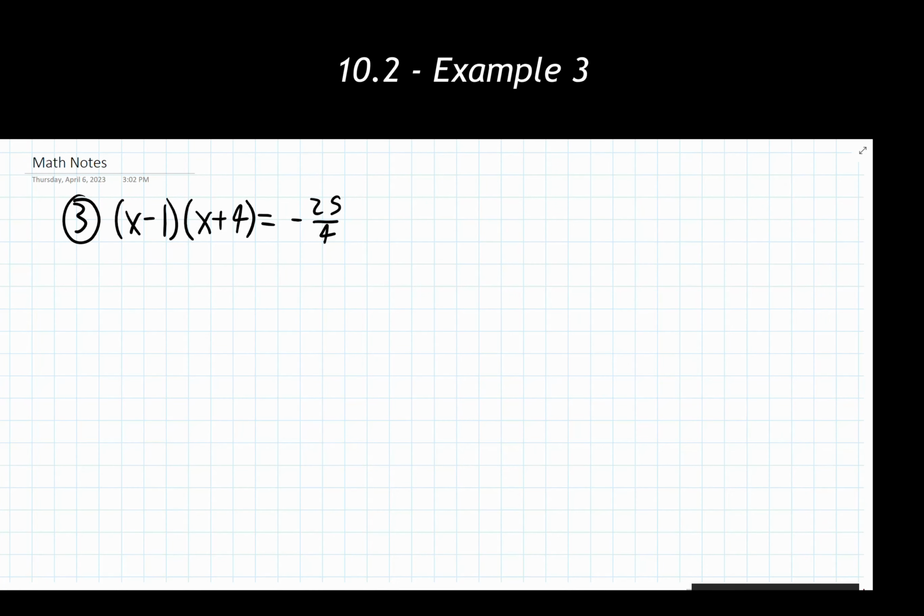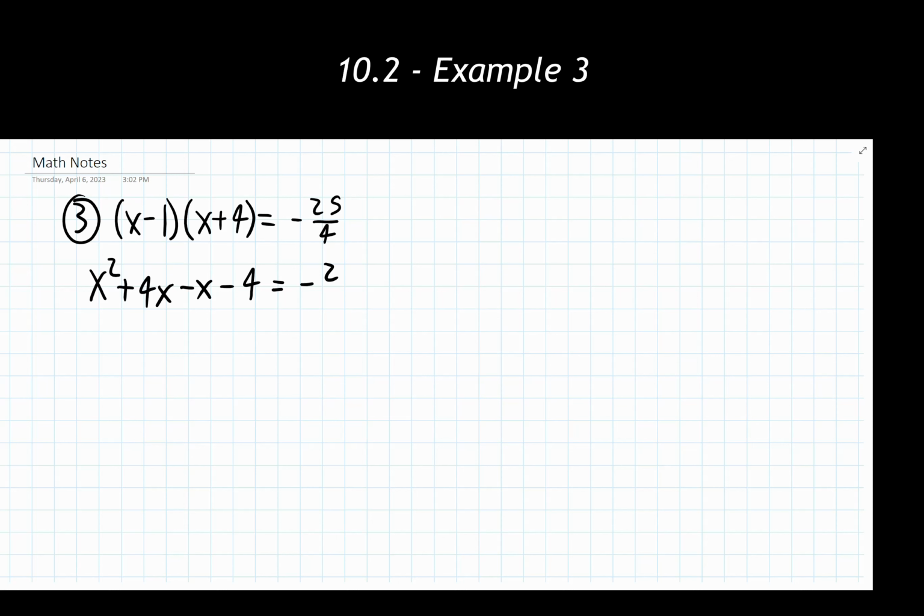So here in example 3, we're seeing a not so uncommon situation where we are starting with something that is not in standard form or even close to standard form on one side of this equation. This is, again, not an uncommon occurrence and often means we need to do some setup and prep work before we can start using the process that we have for completing the square that we went through. So to do that, I'm going to multiply and distribute everything through on this left side of the equation. Again, I want to get this thing into standard form because I need that to be able to go through and actually solve this thing.